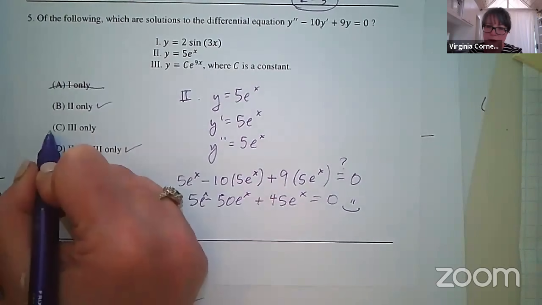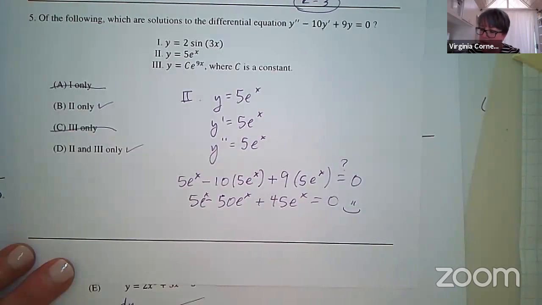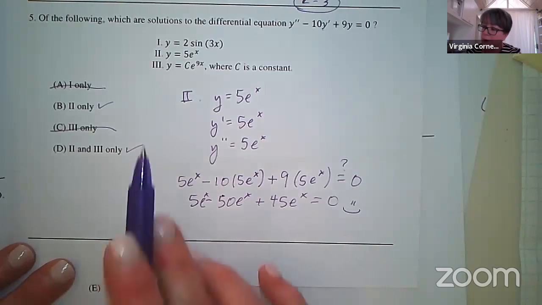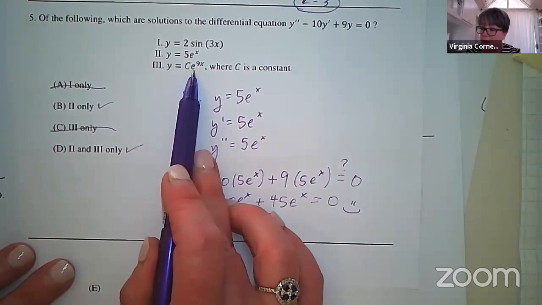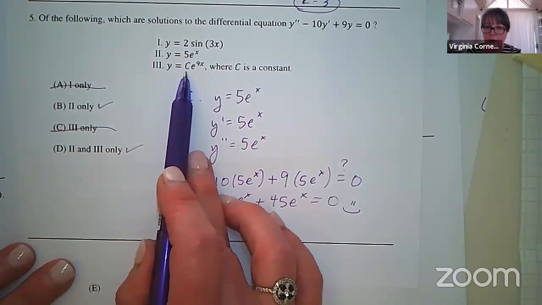Just in terms of that information alone, and many of you are very savvy test takers, I can go straight to knowing that B and D would be my options. Well, if 2 is a possibility, I'm pretty suspicious that Roman numeral 3 would be a possibility as well. And I could go ahead and check that too.